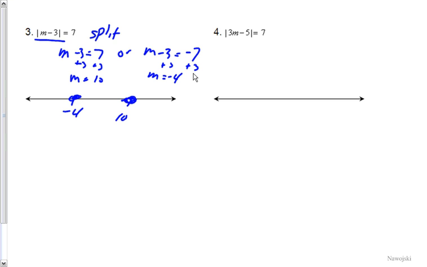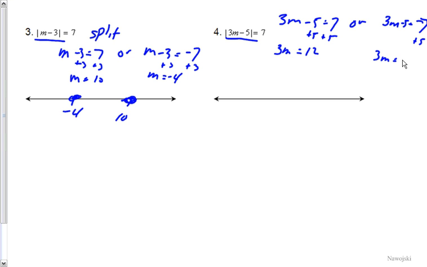All right. Last but not least, okay, we have this one right here. Notice how we already have the absolute value isolated. So we set it equal to the same thing without the absolute values, or we set it equal to its negative. All right, solve both equations. You're going to be solving the same thing. Just be careful. Watch your signs. You add 5 here. You add 5 here. You get 3m equals 12. And you get 3m